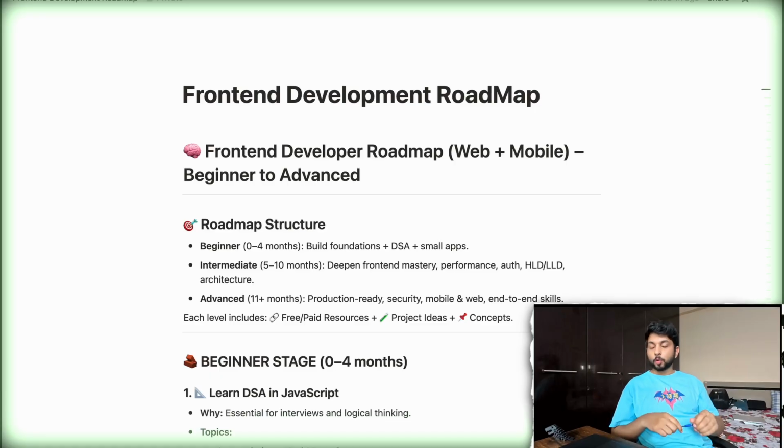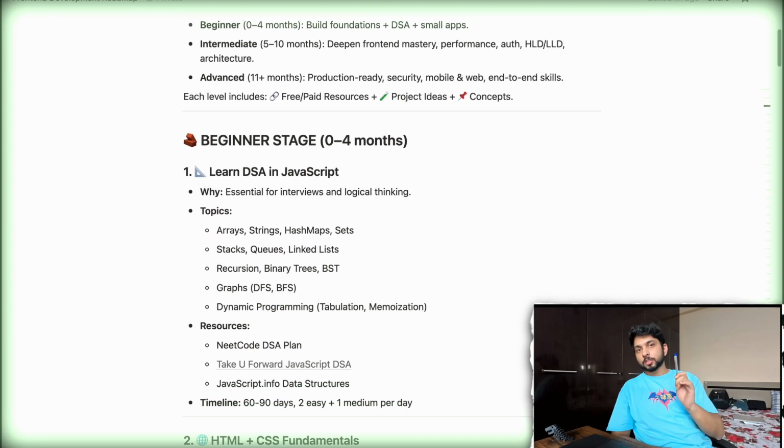Today we are going to be talking about how to become a beginner front-end developer, basically used by students. If you want to learn it, that is good. Let's begin. So for the beginning stage, the first thing and the very first thing you have to do is